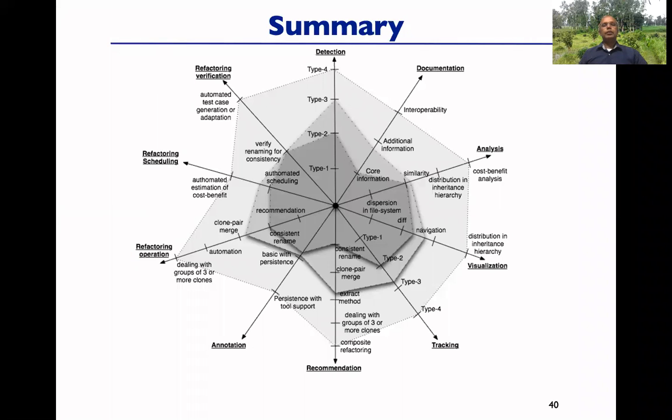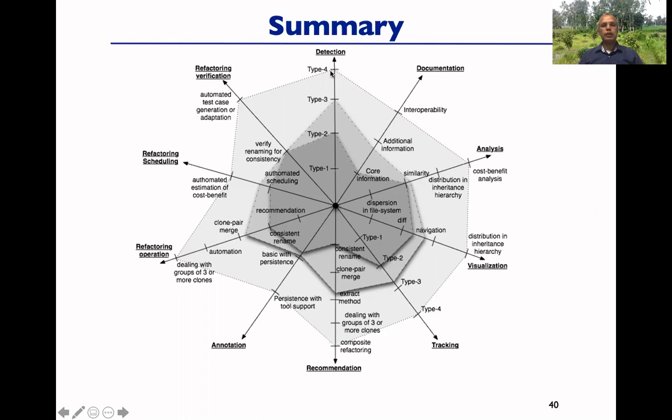And finally, this is kind of a taxonomy or kind of a graph, as you can see here. So as you see in this slide, there have been a lot of work in clone detection technique area, like clone detection, documenting clones, analysis, visualization, annotation, recommendation, refactoring, refactor scheduling, refactoring verification. But on the solid side here, on the inner circle, we have done it mostly for type 1 and type 2, or most of the things we have done it for type 1. And then many of the things we did some of those for type 2, some of those, we increase a little bit more. For some of the cases like detection, we have done well, for example, in type 3, but